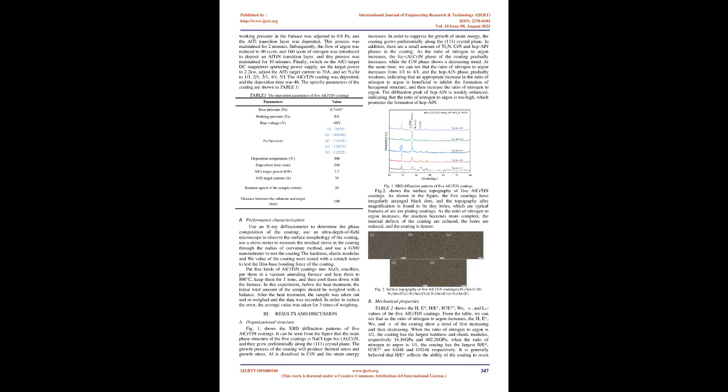Experiment. Coating preparation. Using arc ion plating and DC magnetron sputtering composite deposition technology to deposit AlCrTiN coating on the surface of single crystal Si wafers and cemented carbide wafers. The AlTi target is connected to the arc power source, and the AlCr target is connected to the DC magnetron sputtering power source. Put the clean substrate into the furnace, vacuumize to 6.7×10^-3 Pa, and heat the furnace to 300 degrees C. Set the substrate forward rotation frequency to 30 Hz, and when the vacuum in the furnace